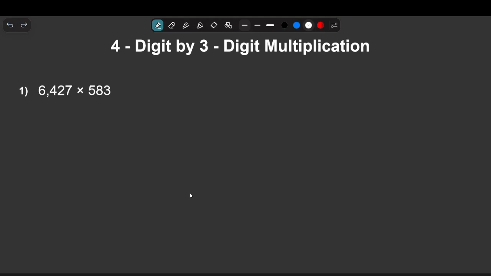4-digit number by a 3-digit number. We'll go through one example together to get this down quickly. So, I've already made a video on how to multiply 4-digit by 4-digit and 4-digit by 2-digit, but I thought maybe I should do 3-digit as well. So, let's jump into our example where we have